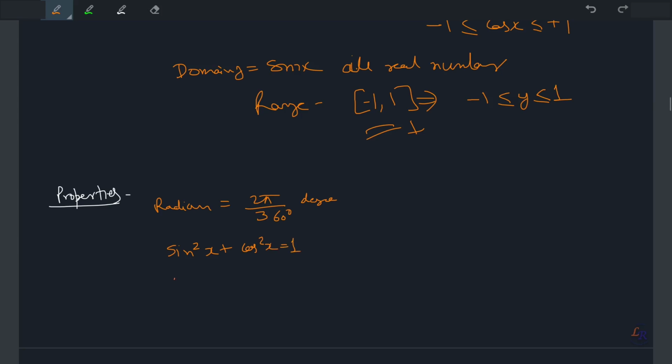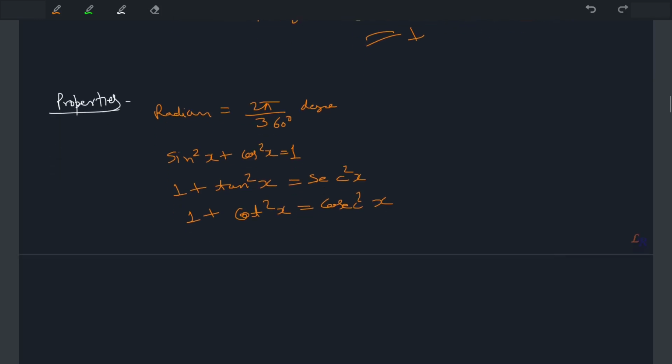There are some other properties which I'm not going to prove, so you are supposed to revise your class 11 trigonometric functions chapter if you would like to revise these concepts. But of course you should remember the formulas, which are very simple, as I showed you how to find them. So you can have something like, for example, 1 plus cot square x is equal to cosec square x.